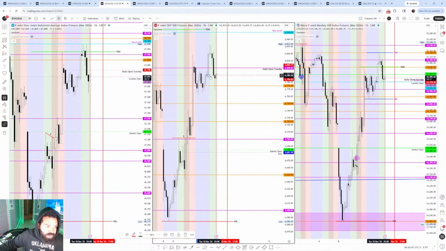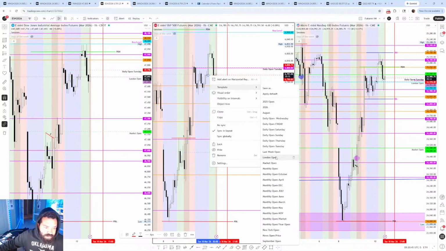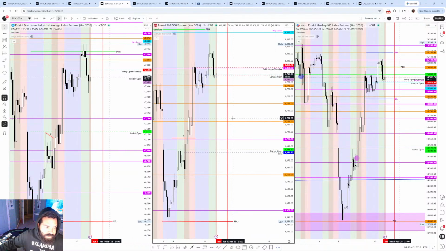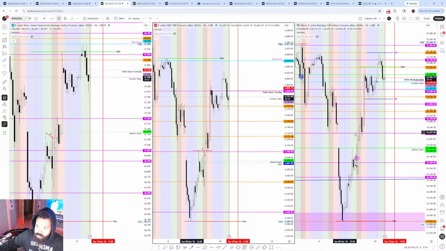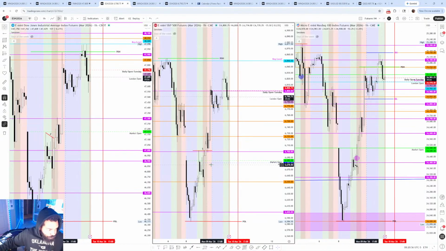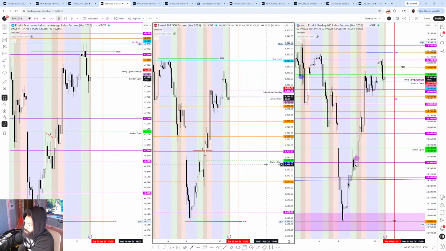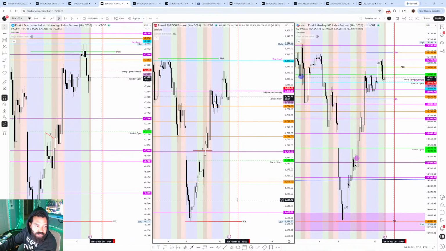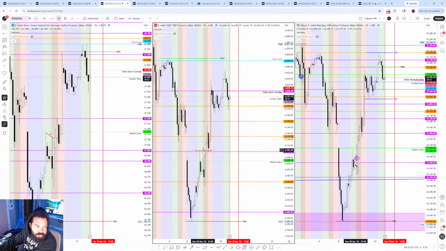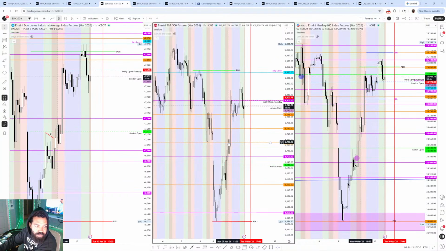All right, and when I'm looking at that London, I'm just looking to see what that overnight player looks like. We can keep market open. And then previous day low we've gotten marked. I'm going to move that, previous day low, previous day high.